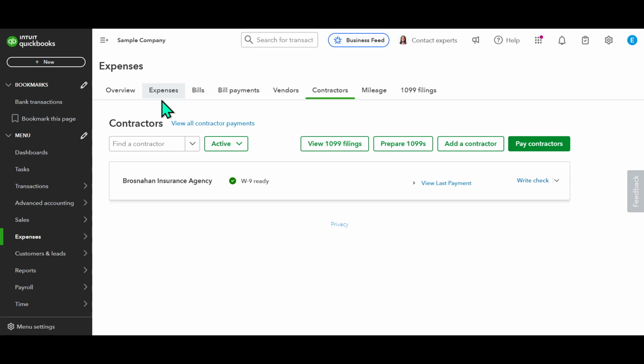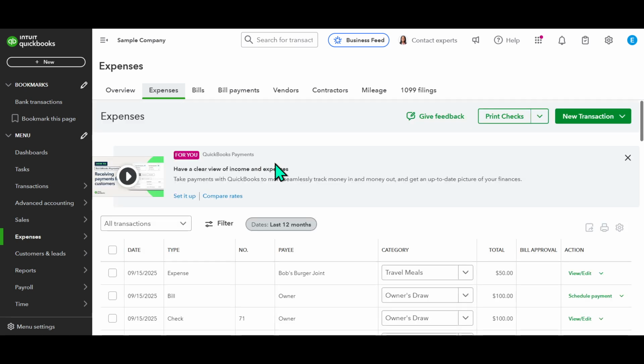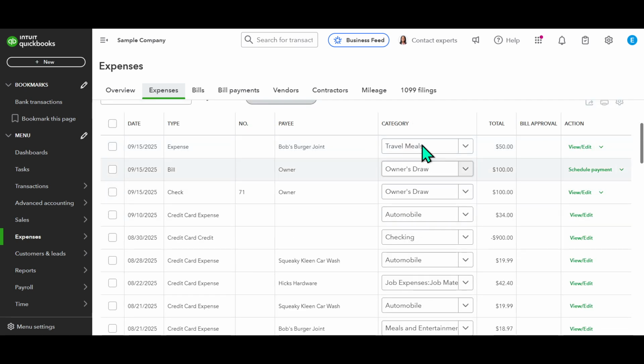Once you're on the Expenses tab, you'll see a comprehensive list of all your expenses. It's a centralized place where you can review and manage your financial outflows. Take a moment to look through this list and locate the specific expense you wish to delete. Ensuring that you have identified the correct entry is vital, as deleting an expense is permanent and cannot be undone